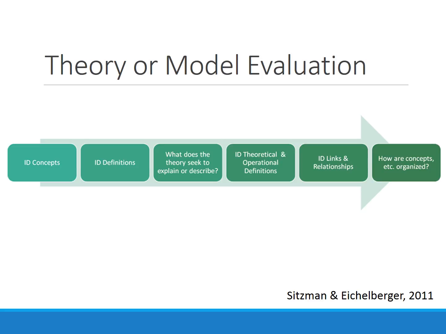Next, identify the theoretical and operational definitions. Theoretical definitions explain the nature of a thing or idea broadly. It's important to note that theoretical definitions may not be applicable in everyday activities. Operational definitions explain how something works. For example, it explains what is meant by wellness or health or similar concepts. Operational definitions tell the reader which observable and measurable signs to look for when using the wellness example, a person